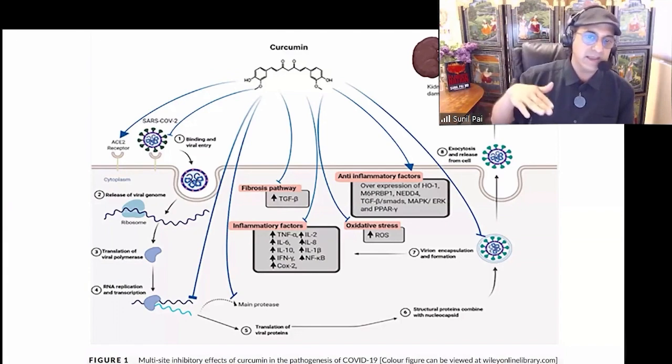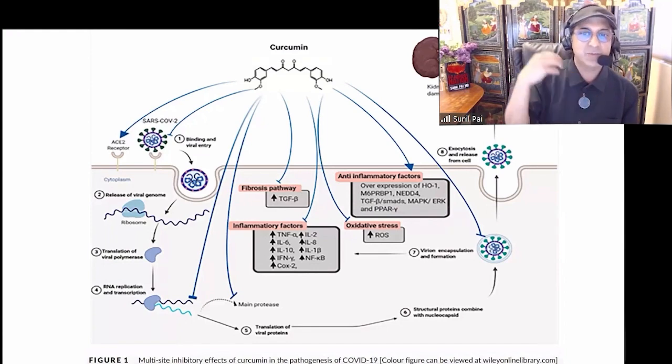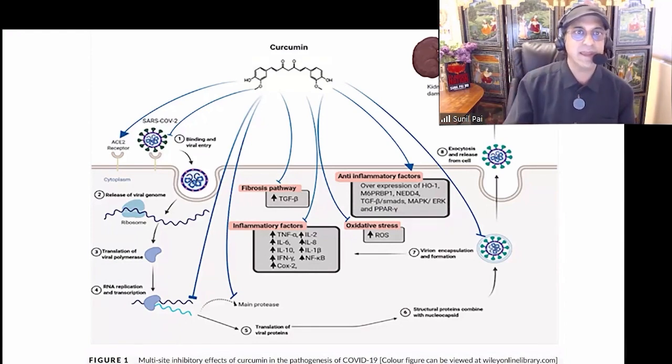If you go to our website, there are links to the most current research. All these ingredients in our Bosmeric, we pull up the literature on PubMed and make those articles available to you, because it's not me saying this. This is what the peer-reviewed scientific literature says. So we're looking at curcumin and how it's actually helping lower